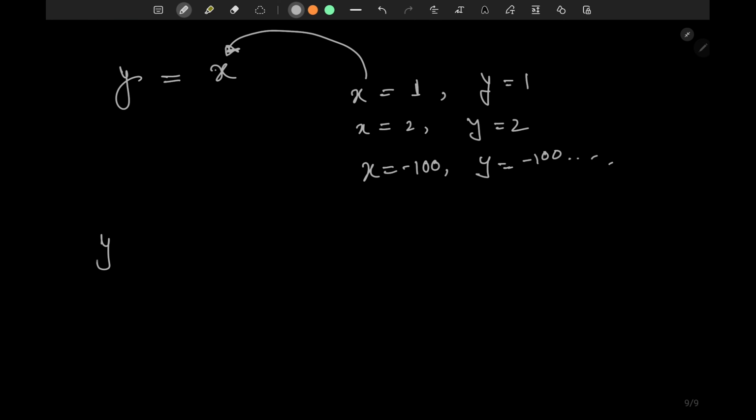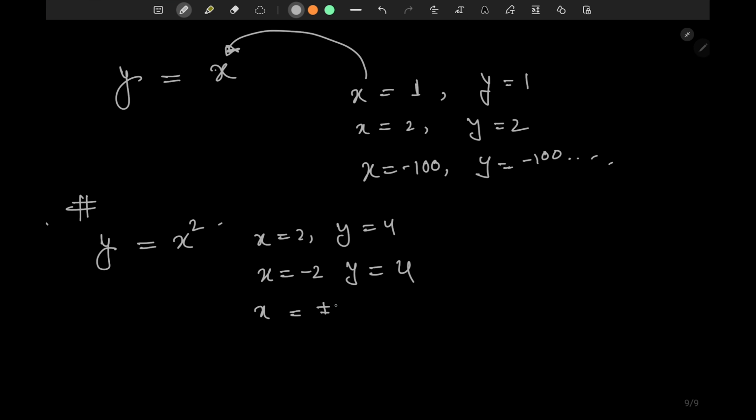Now, if you consider another relation, let's say y equals x squared. If you take x equals 2, y becomes 4. If you take x equals -2, y also becomes 4. If you take x equals, let's not write plus minus, let's say plus 10, y becomes 100. If you take x equals -10, y also becomes 100. So if you put numbers like this, you'll realize that